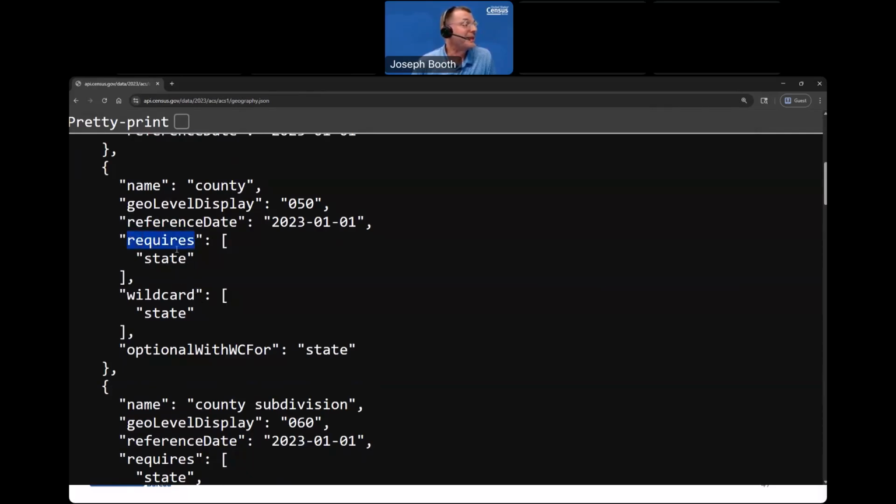It tells us that state is required. So when I tried to look up DeKalb County and I didn't have the state in there, this is why, because it requires the state value. Now, it did work because when we had the wildcard, state defaults to a wildcard for some reason, so you can see everything. So that's an important distinction there.